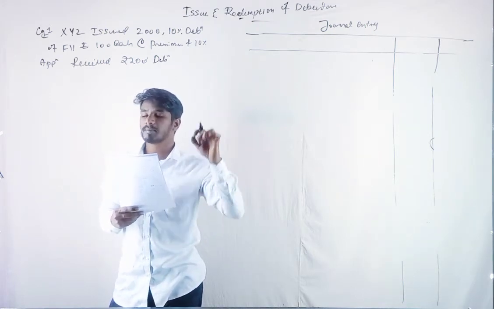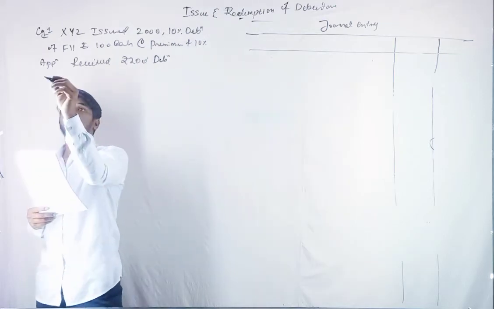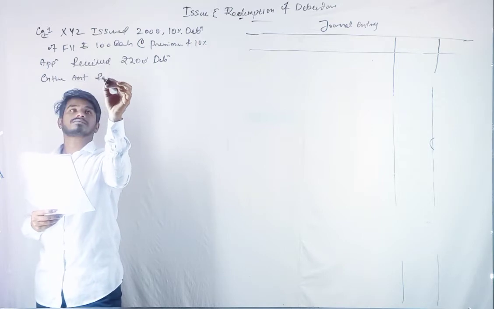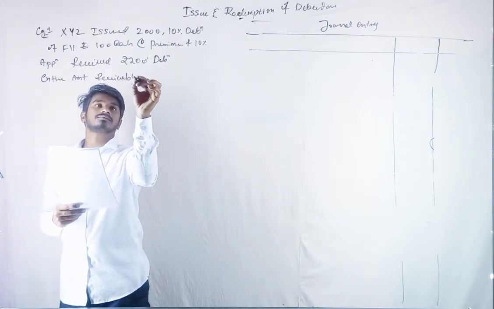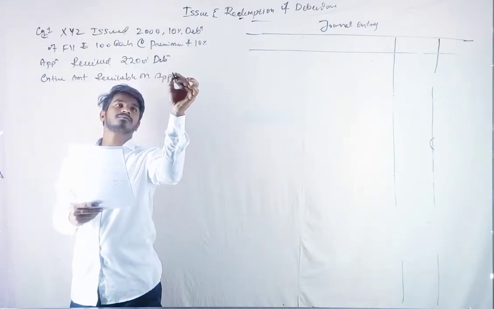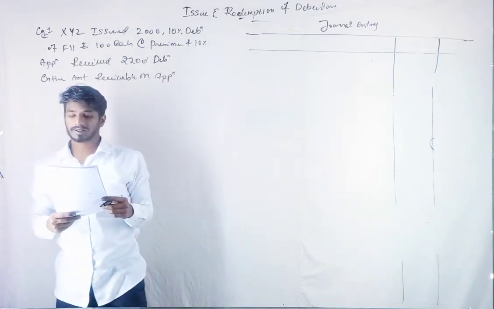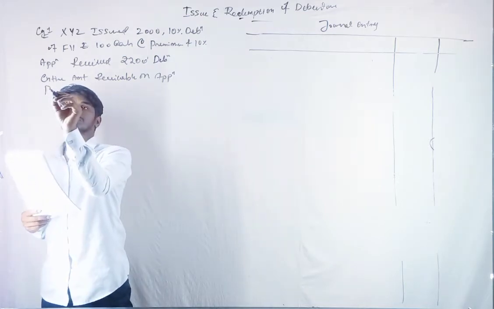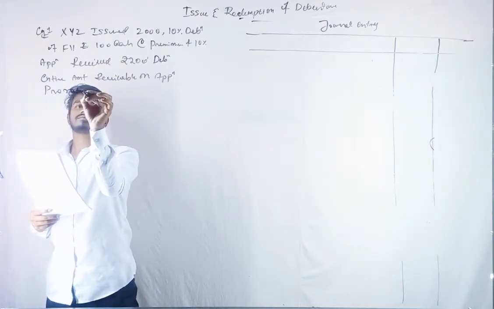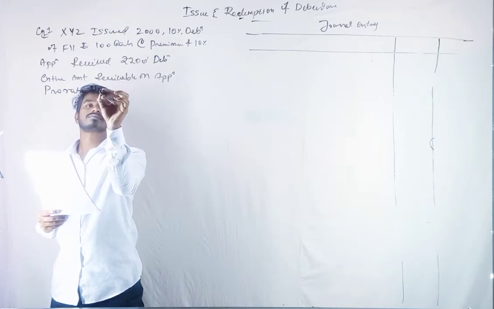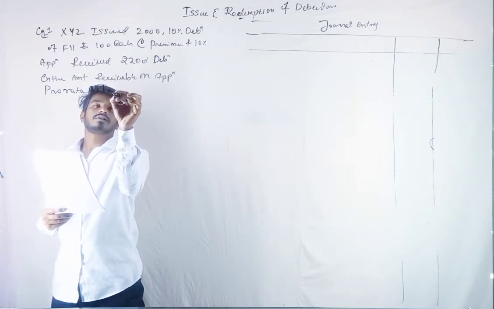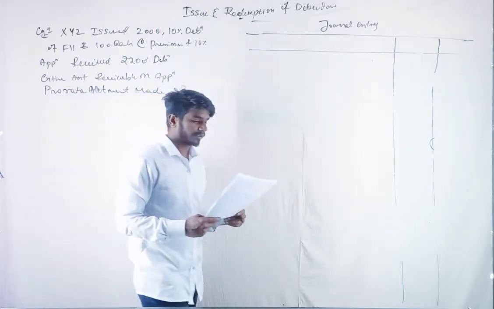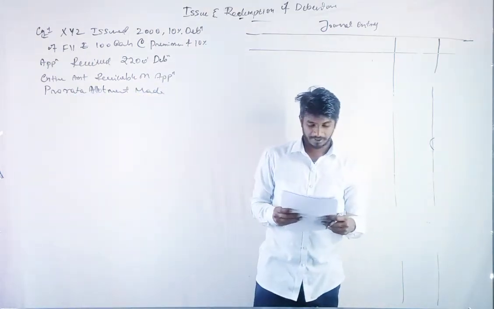Entire amount receivable on application. Pro rata allotment is made. Okay,